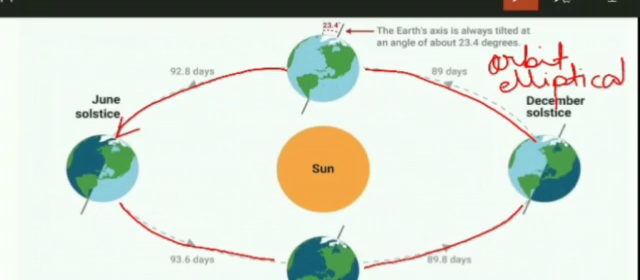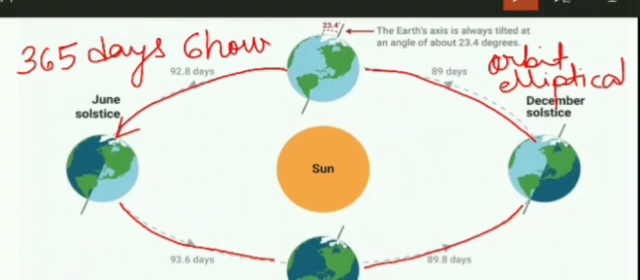And also we know that to go one round around the sun, the earth takes 365 days and approximately 6 hours. But we know that in a year there are 365 days. Now what happens to this 6 hours? Let's discuss. If the earth takes 365 days and 6 hours in a year,